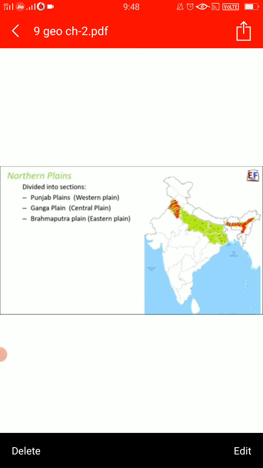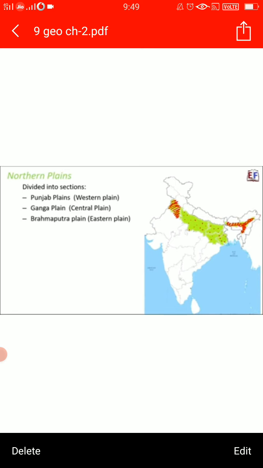Fine. So, what were those river systems? The Indus, the Ganga, and the Brahmaputra, along with their tributaries. Fine. So, this plain contains what type of soil? Alluvial soil, and all the deposit or the alluvium which was coming from the Himalayas just gathered in the foothills of the Himalayas, and it took millions of years to form these fertile plains.